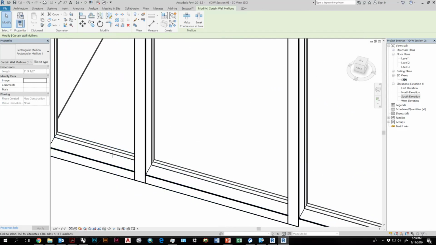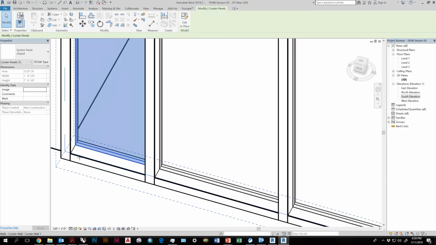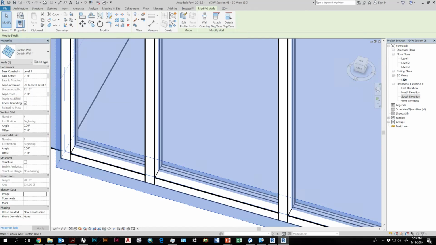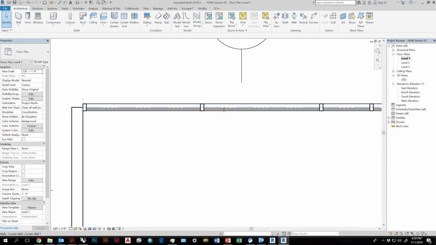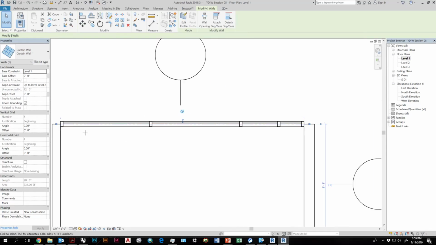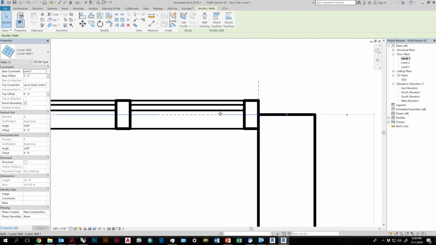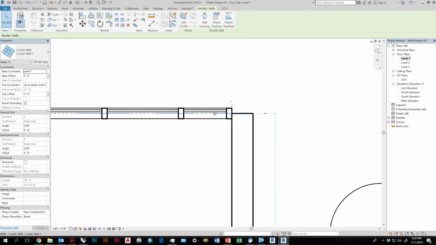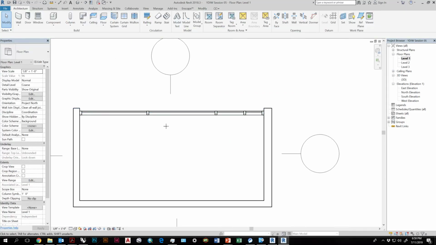You can also see that the curtain wall is biased to a certain direction. So the glazing is actually offset. You can change the glazing offset inside the curtain wall's settings here. You can also flip the direction of the bias. So if I go into Level 1 and I click on the wall, you'll see two tiny little arrows here. Hit that and it flips the wall direction. You can also change the offset of the curtain wall inside the walls here. You can either drag it in. So now the wall is slightly offset, which looks better than it floating outside of your building.